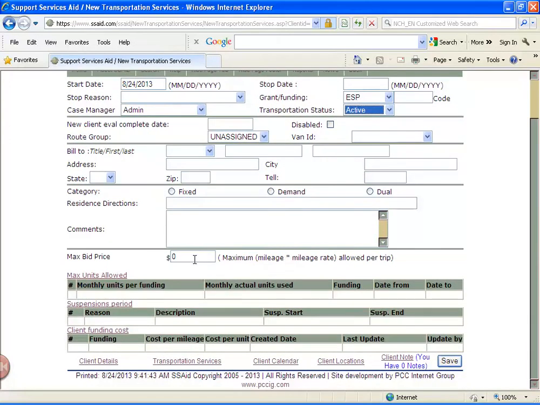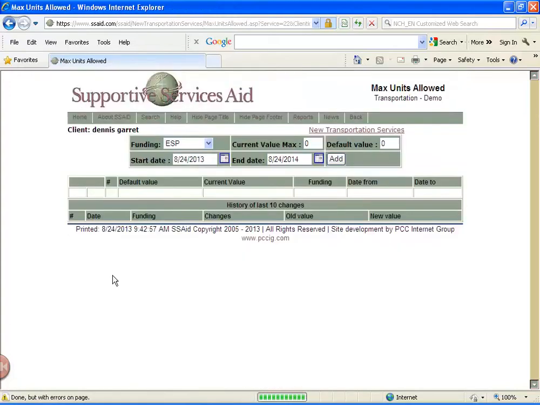Maximum bid price is a field that's used by some senior centers. That's the maximum amount of money that they'll pay for a trip. If they exceed that, that's mileage times rate. Then they'll have to contact a case manager to get it approved. But we track that. If you want to, you don't have to track it, but the field's there in case you want to. Units allowed, we can track by any funding, any kind of